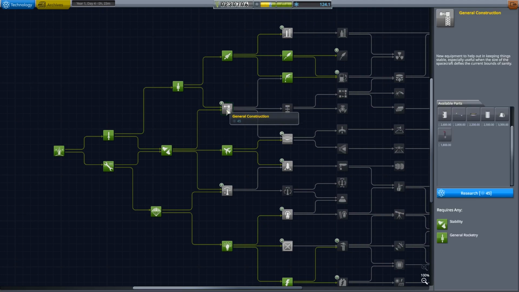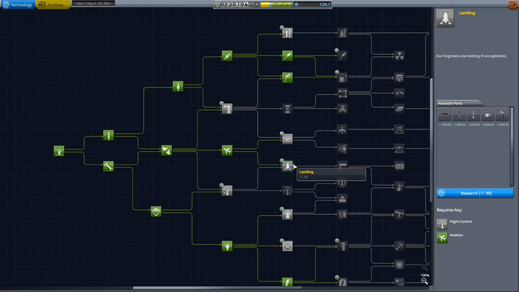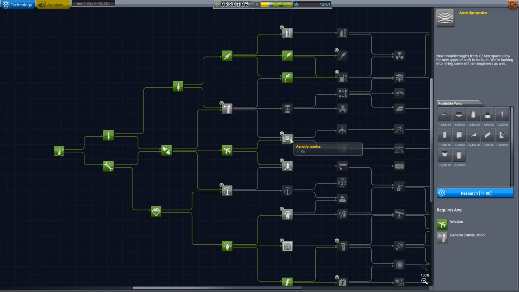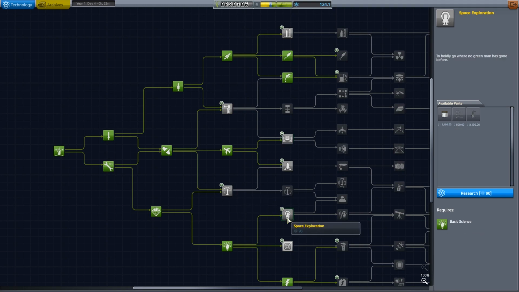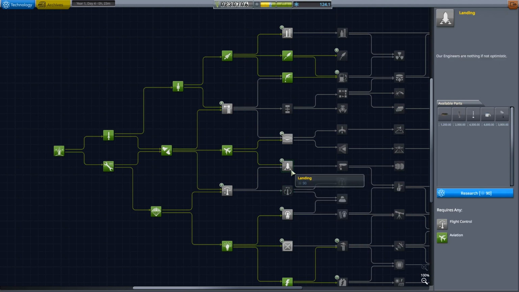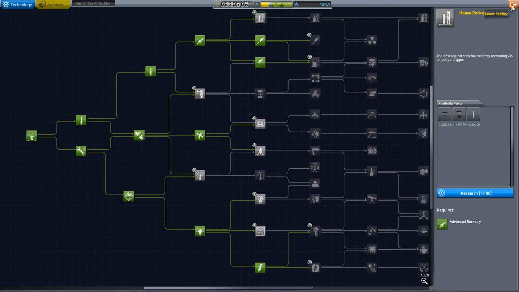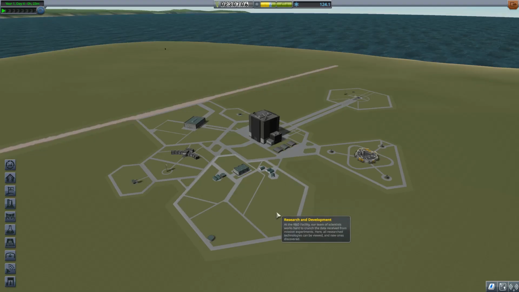Yeah, we can't get that. Maybe we could do like a manned mission to the moon. And for that, would we need anything else? We could do like one person. Let's just go for a manned mission to the moon. And then return. Or a manned flyby. Let's do that instead. And we won't unlock anything else. So we will...